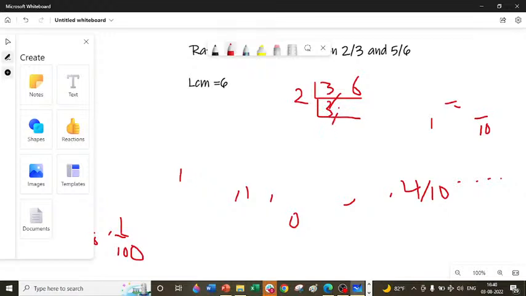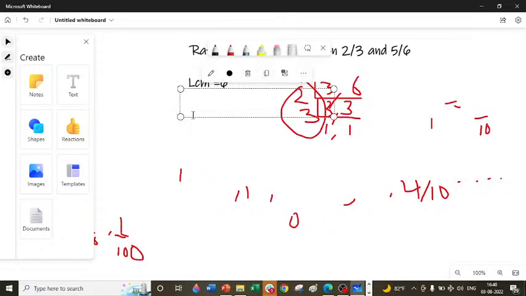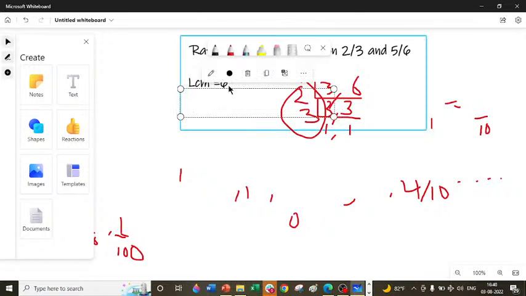And then हमें पता है 2 times 3 is 6, so we'll get to write 3 over here, and then we know 3 goes into 3 one time, so we will write 1 and 1 over here, so 2 times 3 will give you 6. So this is how we can find out the LCM. So I think you're clear now. अब हमें ये पता चल गया कि हमारा LCM 6 है,